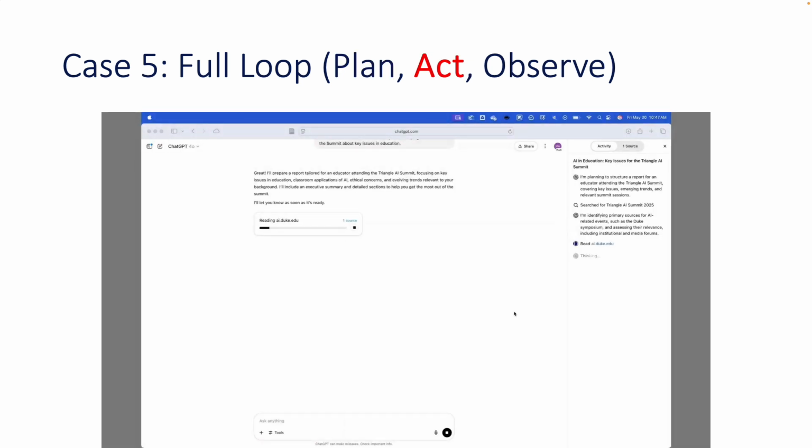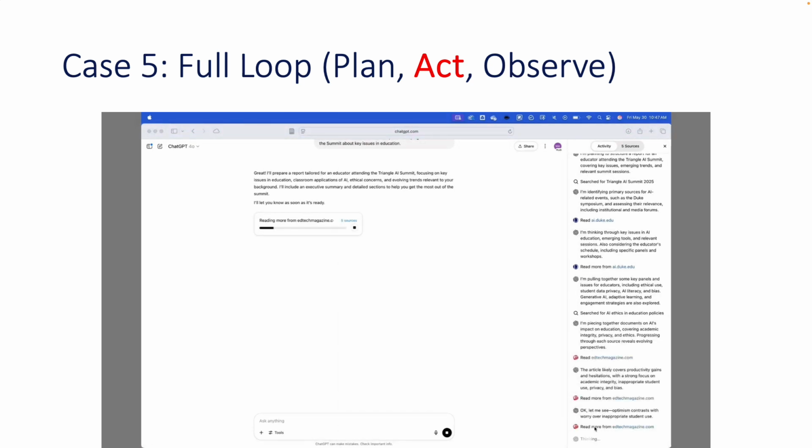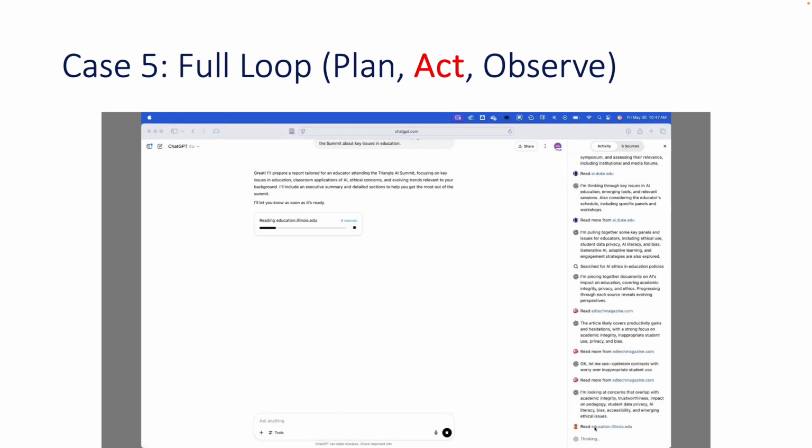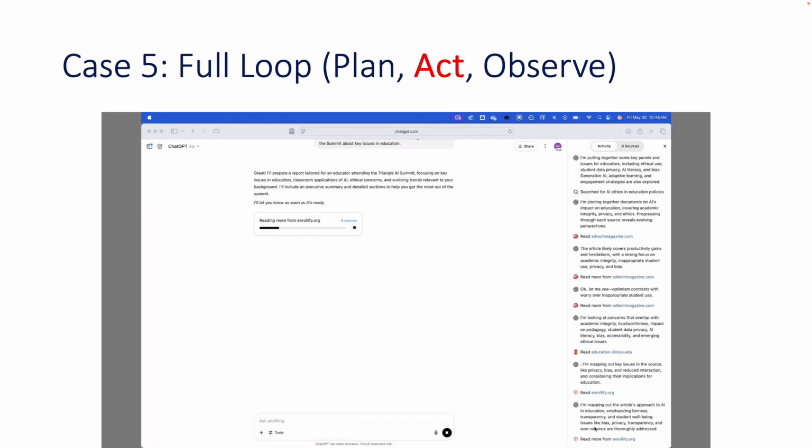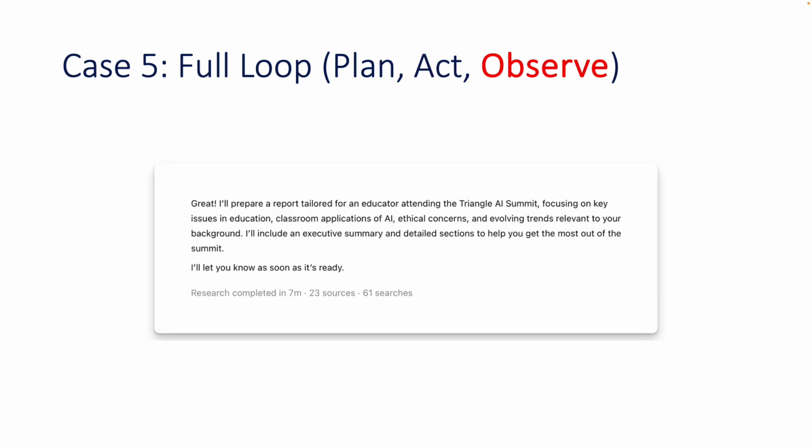And so what you can see here then is the agent is going and doing some web searches, taking these results and bringing them back in, and then saying, okay, I need to go back out and get some more results because I don't have enough context. I don't have enough results in order to provide the user the information that was asked for. And so this is where the agent came up with a plan and is now acting. It's doing this search, it's bringing back information. And then finally, it says, I'll let you know when it's ready.